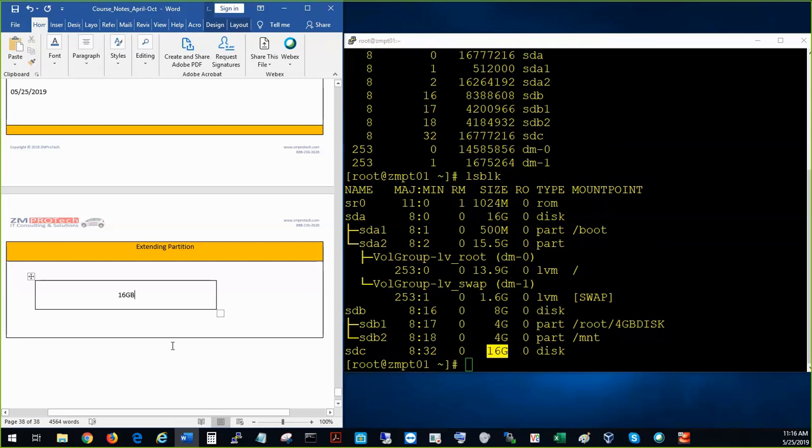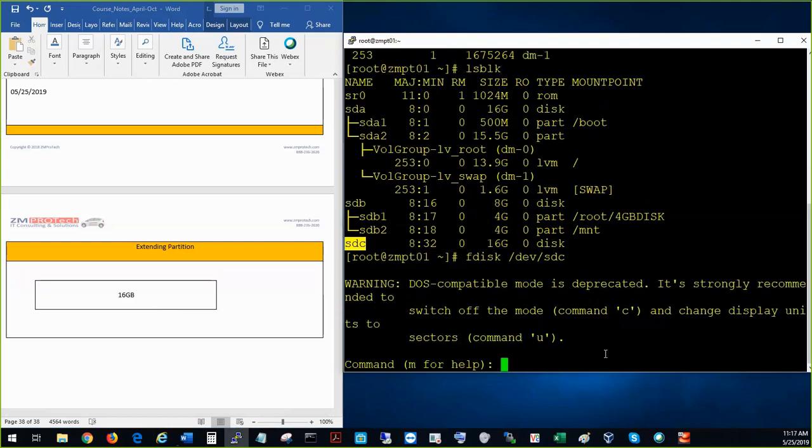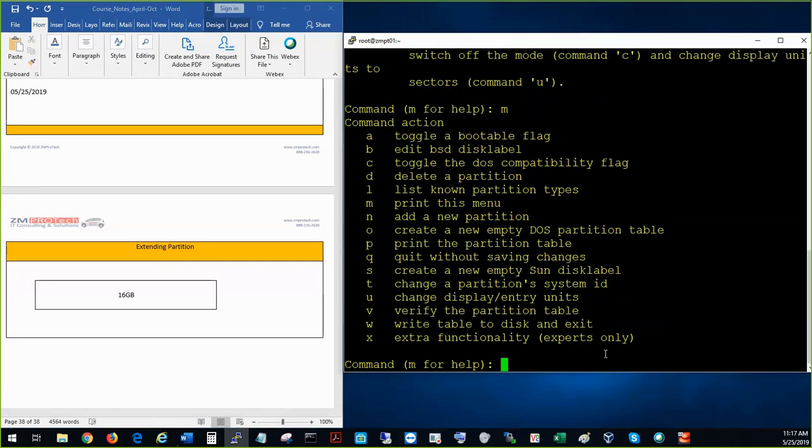Okay, so we have SDC, which is 16 GB. So let's make a partition out of that. To do the partition, you type fdisk, then type /dev/sdc, because this is where this SDC is sitting. I hit enter, and then let me push menu here, and then we are creating a partition. So there would be an N to add a new partition. So I'm creating new. I hit enter,